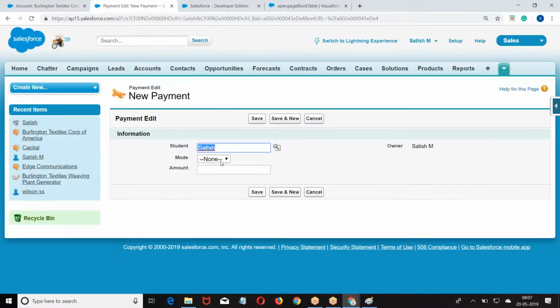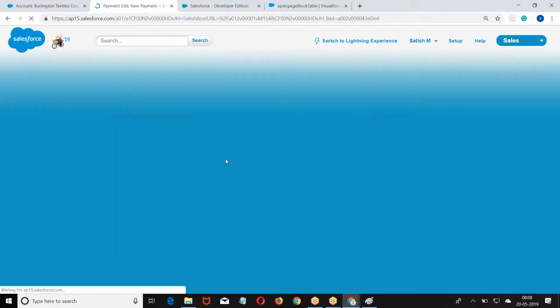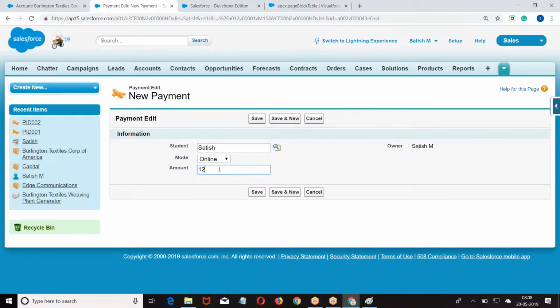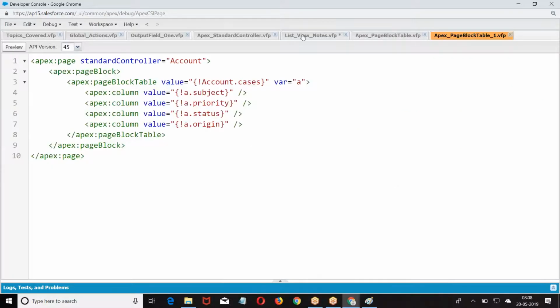Payments, I am creating. Now, student and payment, who created the relation? It is not Salesforce. Account and contact, Salesforce created, so account dot contacts. But student and payment is not created by Salesforce. Then how will you refer to the data?